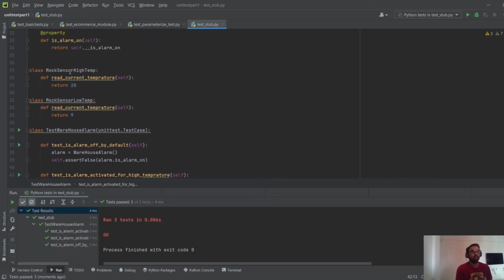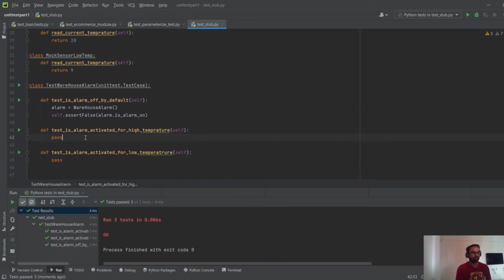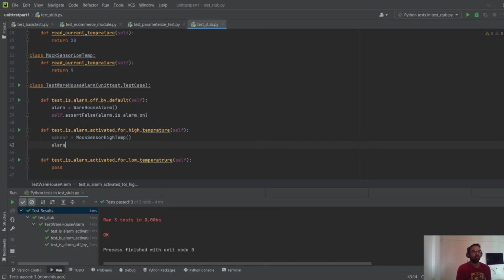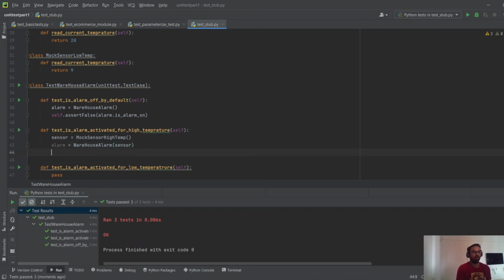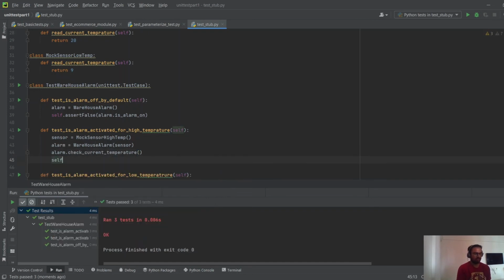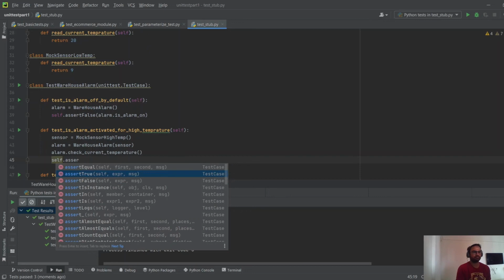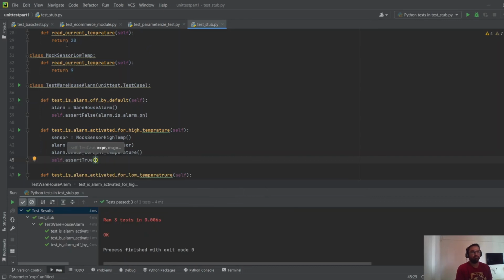That is, basically we will call this mock high temperature class, sensor is equal to mock high temperature, and alarm is equal to warehouse alarm, and to this we will pass the sensor which we created. And now on this alarm we will call the dot check current temperature method, and self dot assert. The alarm should now be on because we have passed it a high temperature. So alarm dot